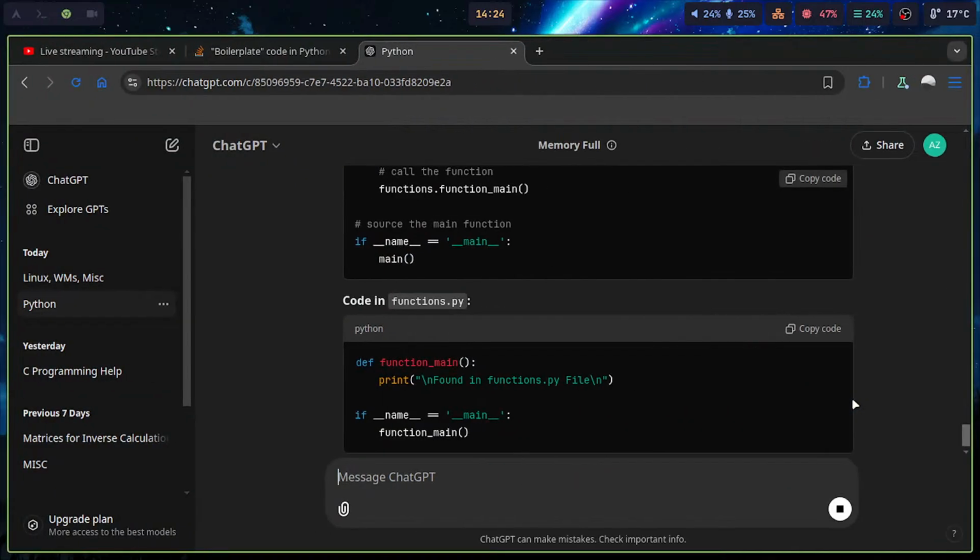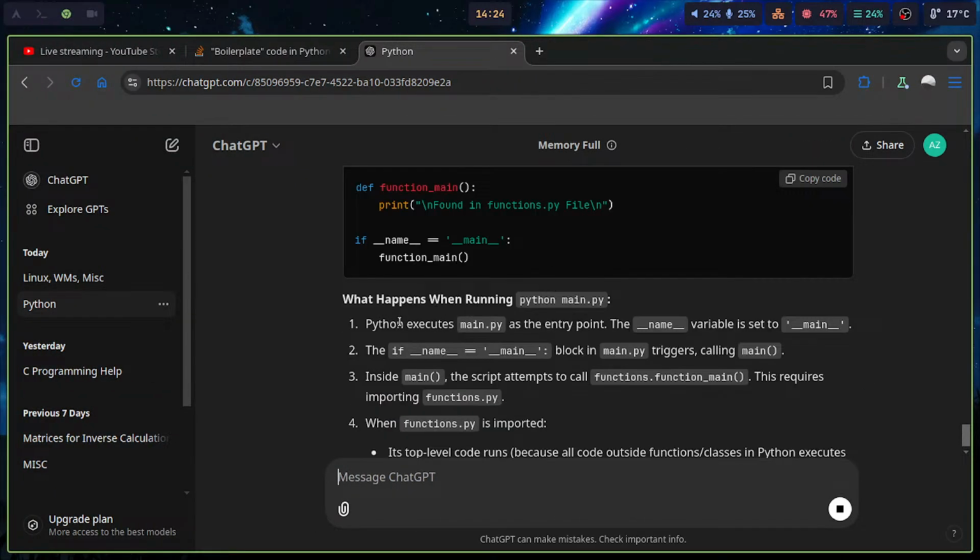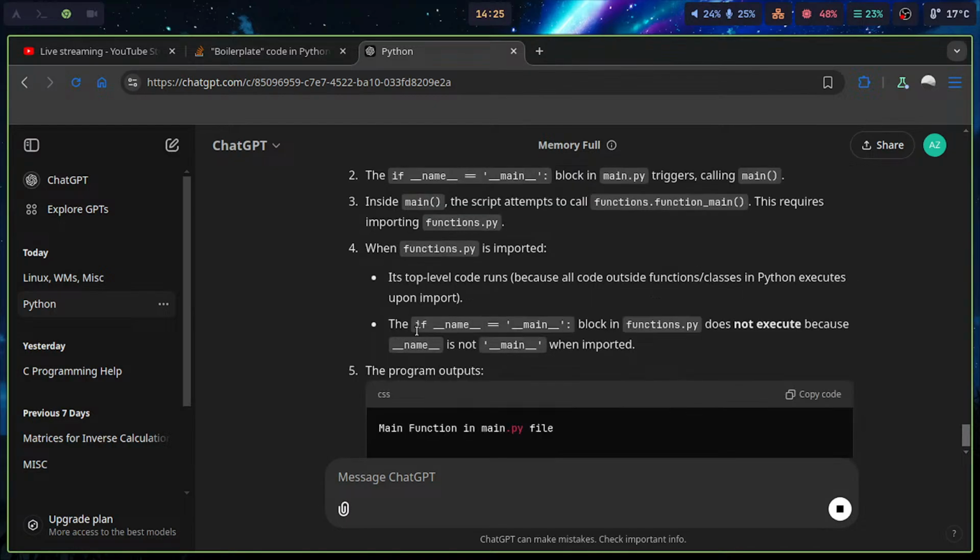Both are being called. Calling the main function inside the main function requires importing some... this is at the top of it because